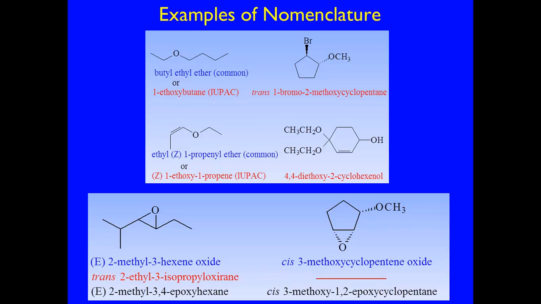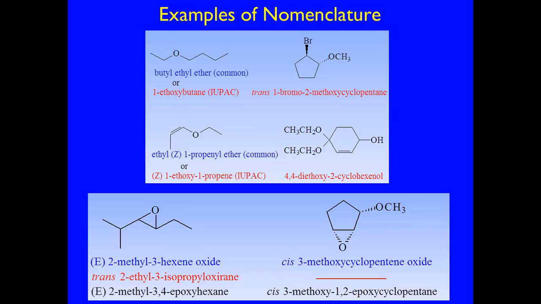So some of the examples are shown here. If you were to name this with the common nomenclature, this would be butyl ethyl ether, because butyl is on one side, ethyl is on the other side, and this is the ether functional group. So ether is the parent functional group in the common nomenclature. But when you write it as an IUPAC name, this whole small alkyl group containing oxygen becomes a substituent on the longest alkyl parent chain. So this is butane, and it's at position one, so I don't have to mention that. If I have to, I can mention it, or even if I say it's ethoxybutane, that's fine. But 1-ethoxybutane is much more